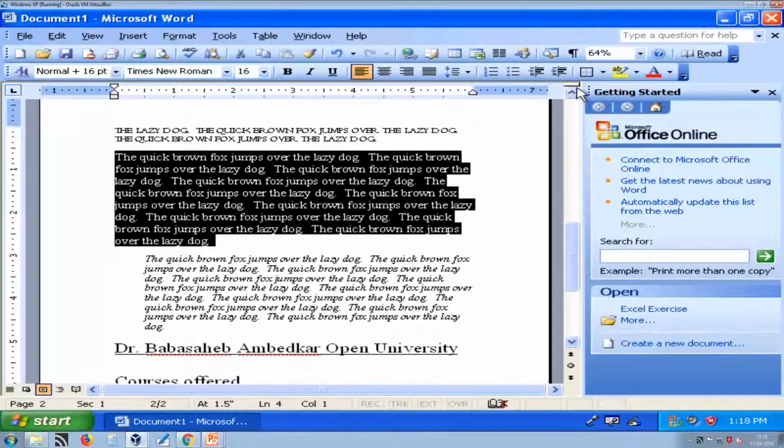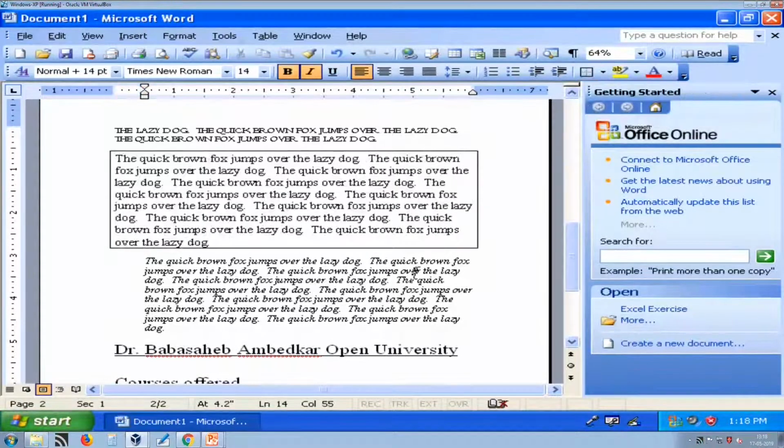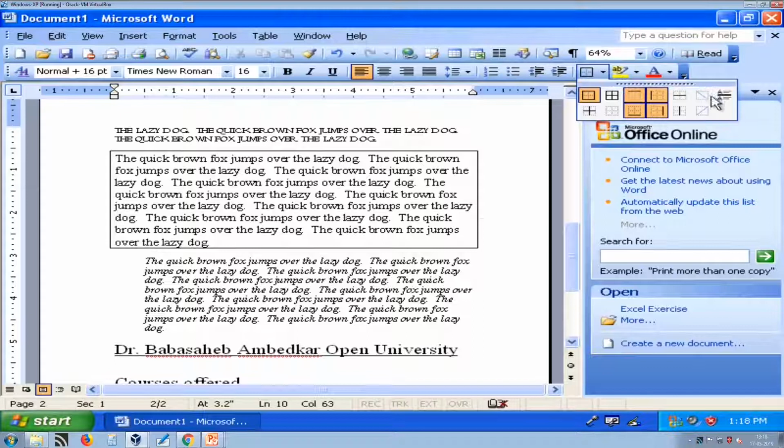Now, suppose I want to give an outline. This is an outside border. If I select this, it will provide an outline to my text. Now, you can also customize the outline. Here is how you can apply it.